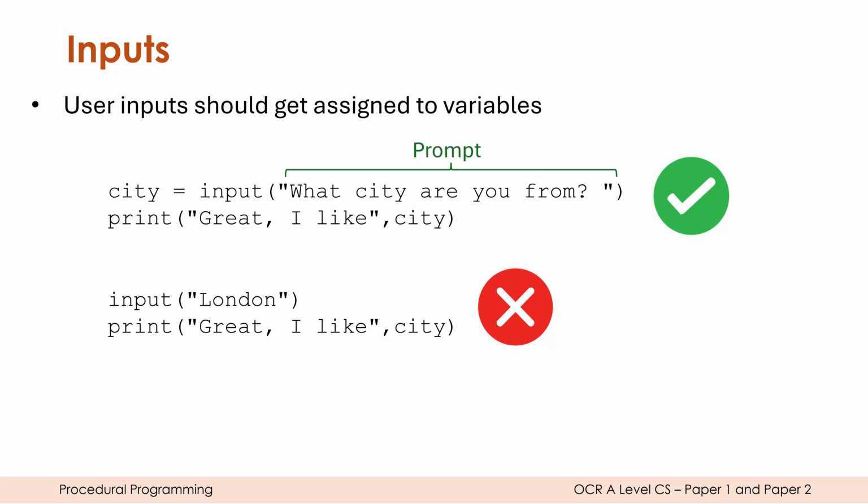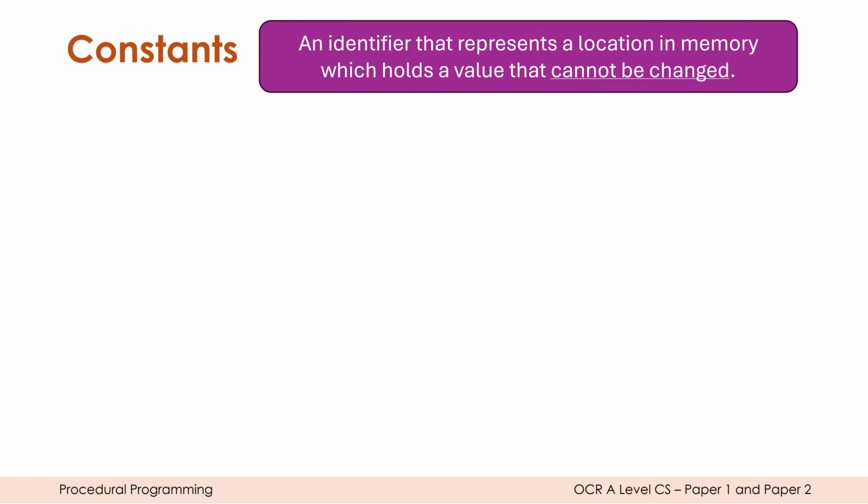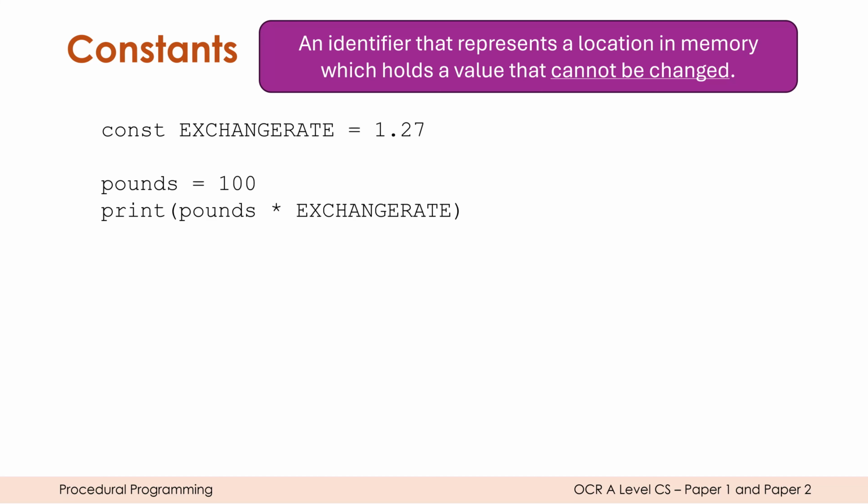Constants might be the first concept in this video which you're not that familiar with. A constant is an identifier that represents a location in memory which holds a value that cannot be changed. And that last bit is the only difference between that definition and that of a variable. Constants can't be changed once they are first assigned. But in pseudocode, you might see the const keyword being used before the identifier name. And conventionally, programmers often put constant identifiers in capital letters. You don't have to. Often they are capitalized